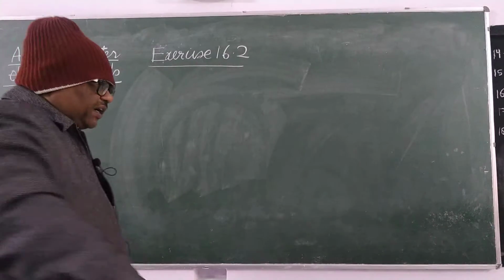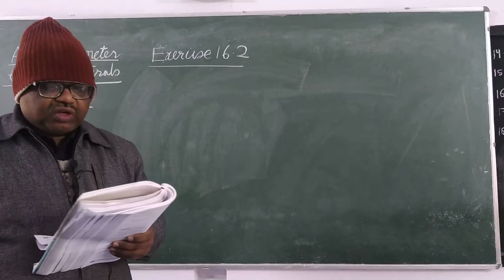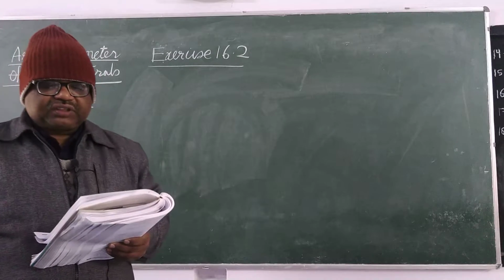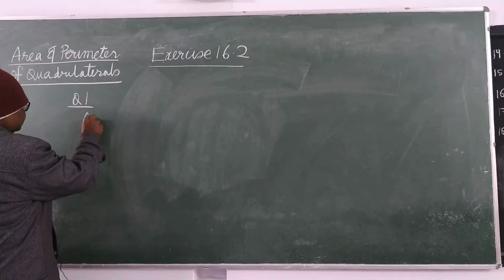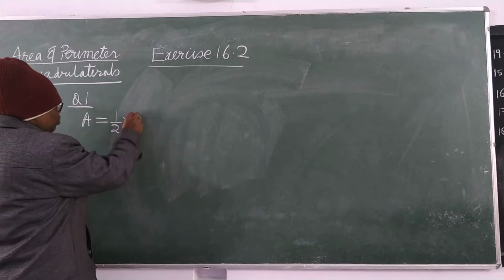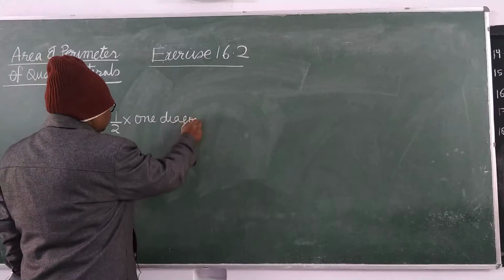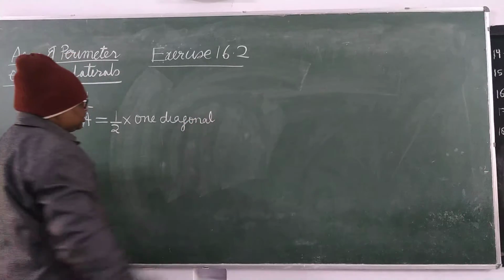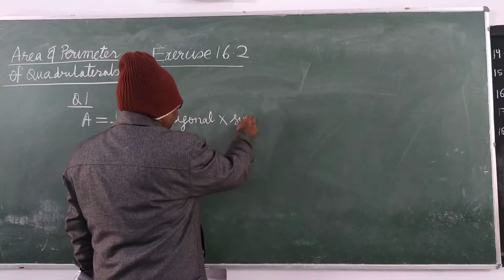So here one diagonal is given and on this diagonal perpendiculars from the remaining two vertices are given. So what is the formula? So formula is area equals to 1 upon 2 into one diagonal. This formula I have explained in the previous class, into sum of perpendiculars